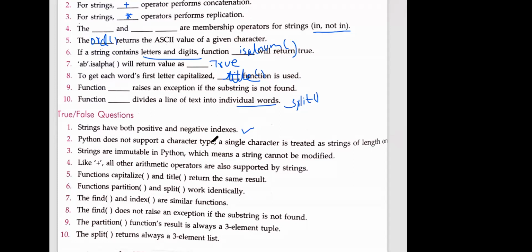Python does not support a character type. A single character is treated as a string of length 1. True, and let me tell you the reason. We have never discussed a character data type in Python.